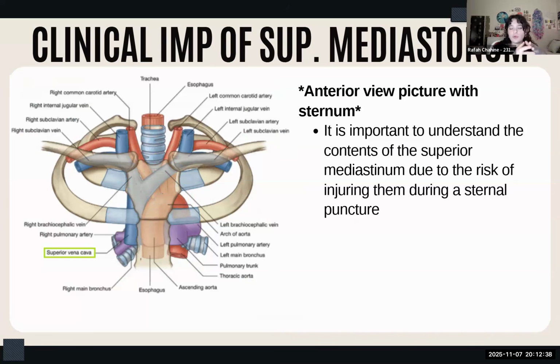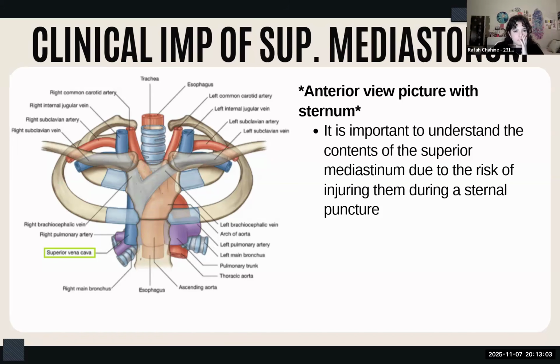Puncture, exactly. So we can do a bone marrow biopsy or sternal puncture. Now imagine that I'm not that experienced. I go in too deep. What's right behind it? The brachiocephalic veins, the left brachiocephalic, and if I go deeper behind it, we have the branches of the aorta. So it's very, very important that you understand what is in the superior mediastinum in case you're ever going to do a sternal puncture, because injury to any of these vessels and structures is a huge